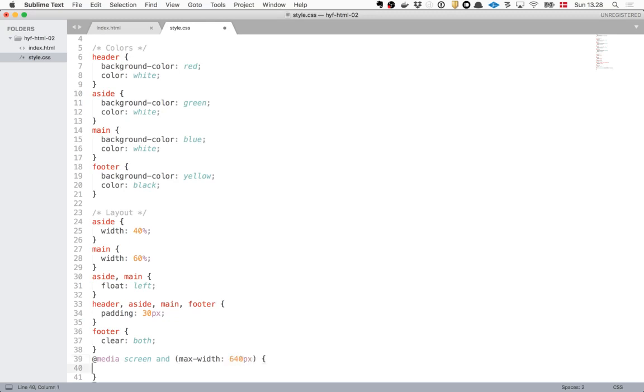So we're deciding now that if it's less than 640 pixels wide, then it's a mobile phone, or a tablet, if it's a small tablet, right? Keep in mind that when you're developing for anything, it's rarely that you develop for one particular device, right? And they come in different shapes and different sizes.